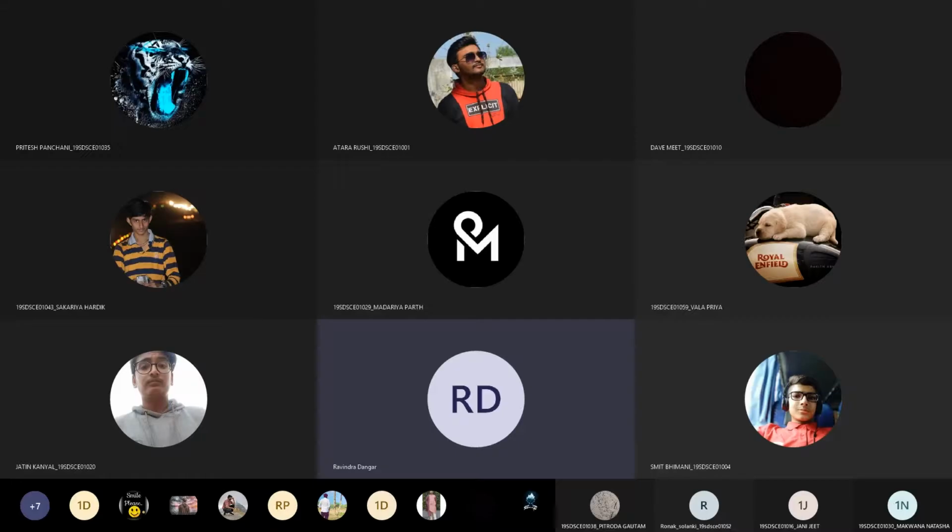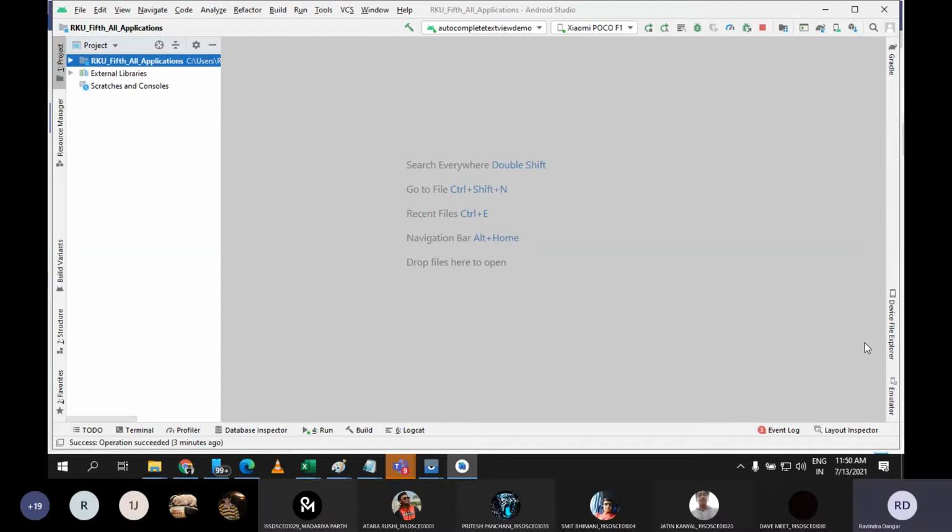WebView is one of the very important components in Android application development, and generally people use WebView to simply load web pages. Let's say in my application I may have n number of activities, and in any activity, if I want to display a web page, then we can always use this WebView component. The entire web page can be loaded from the same application. You don't need to switch to the internet. You don't need to switch to any other browsers.